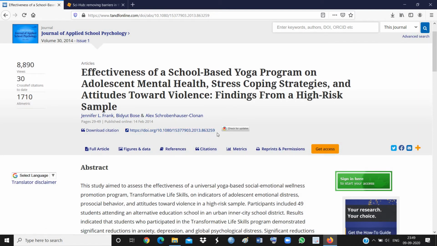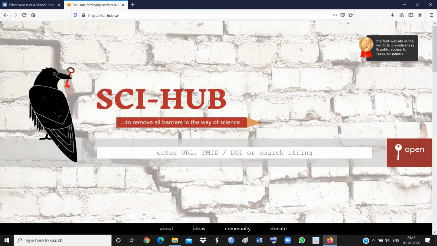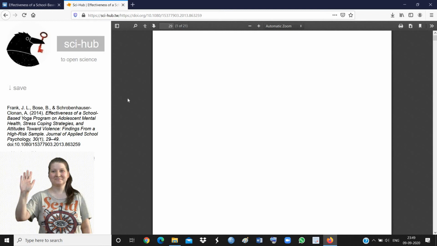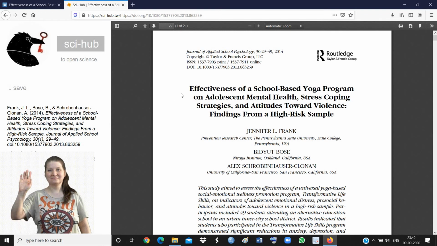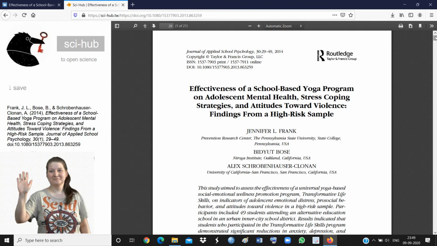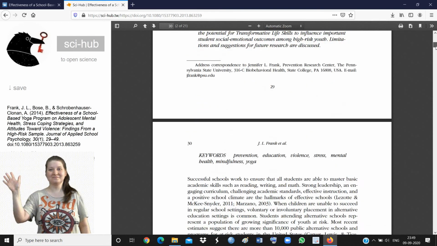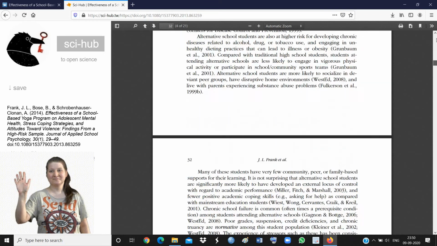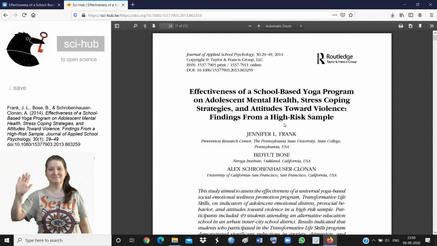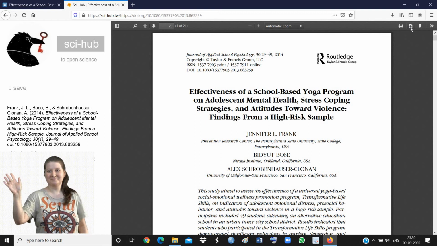What we need to do is just copy the DOI number along with the whole link. Then we have copied it, we are now pasting it, and then just click on it. After just clicking over here, we are now able to download this paper, which was earlier not possible since it did not have open access. That's how we are now able to download the whole paper without even paying the journal. Over here there is an icon for downloading it. We can easily download this paper and save it to our own file.